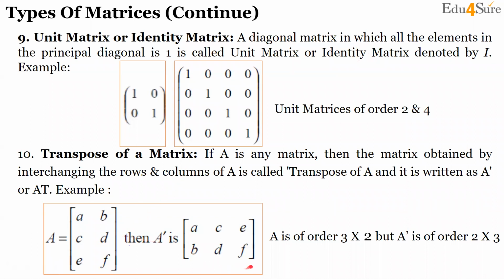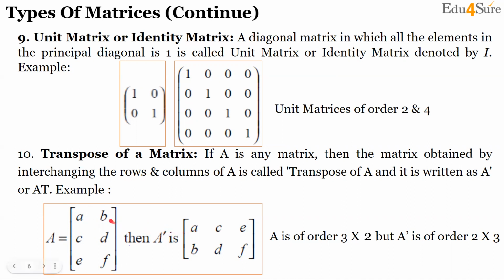Transpose of a matrix is very easy. It is just converting your rows into columns. Here you can see this is your row. What is the order of this matrix? How many rows do you have? 3 rows. And how many columns? 2 columns. So when you transpose it, you will represent it with this symbol or the T symbol,